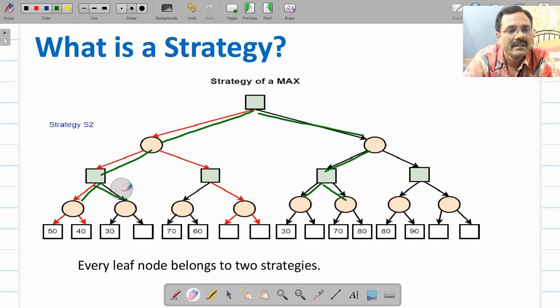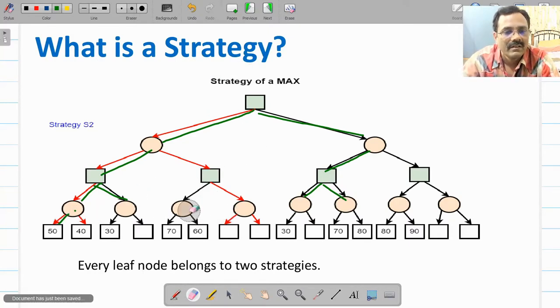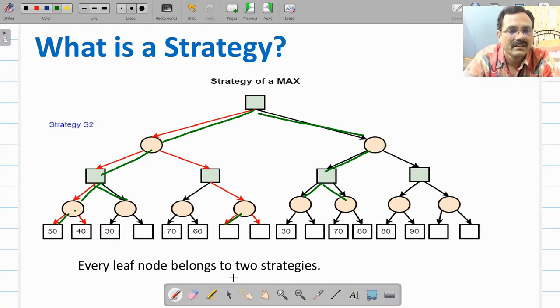So mean has selected this, so all this, and then again there is a mean's turn. Select one. We will select left one. No, this we have not selected, right? It was with earlier.